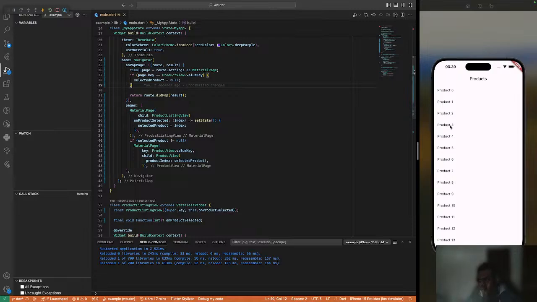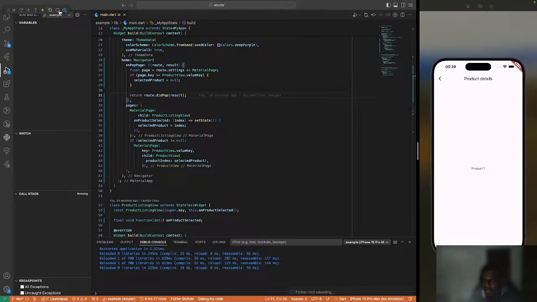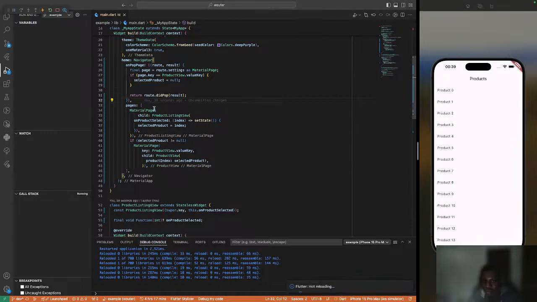So enter here, clear, and yes, so you have multiple pages in your navigator. That's the best way to go about it. Very simple. Now going forward, when you are building your production level apps, you are not going to